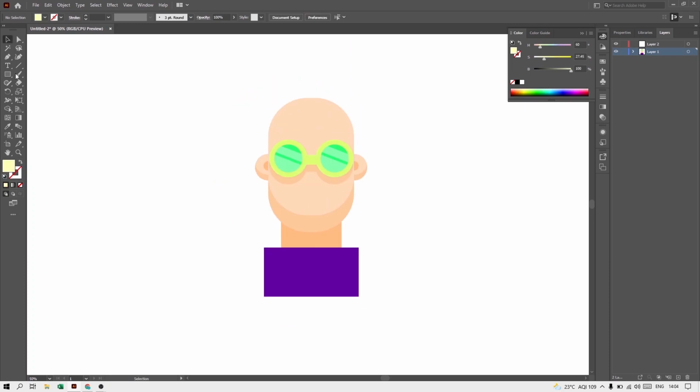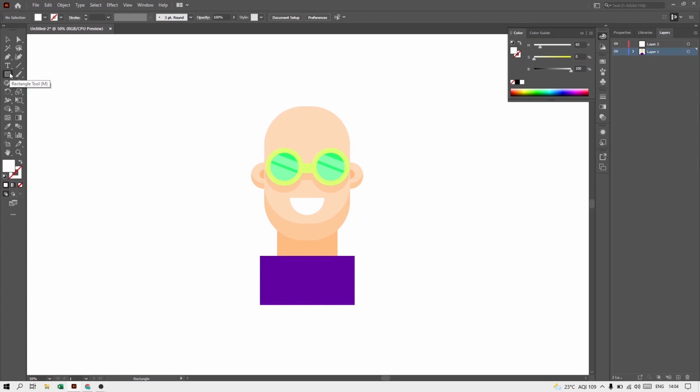Now to make the mouth, we will take this ellipse tool again. Then take the rectangle tool. Draw it in this way. Now selecting both of these, take the shape builder tool and delete all this. So we got the mouth. We will place it here. By pressing Alt and Shift, we can resize it.